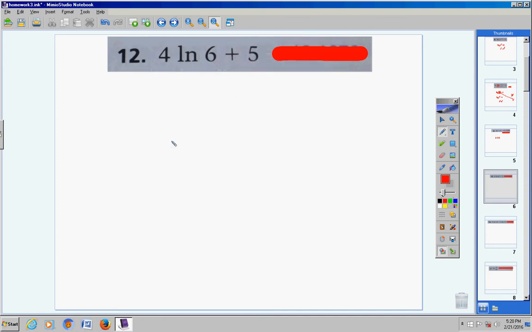Type in 4 to your calculator, because there's a 4 here, and then hit your natural log button, and this will pop up. Put in 6, then be sure and close the parentheses, because if you don't, you're telling the calculator that you're taking the logarithm of 6 plus 5, and you're not. You're taking the logarithm of 6 and then multiplying it by 4 and then adding 5. So close your parentheses and then hit plus 5